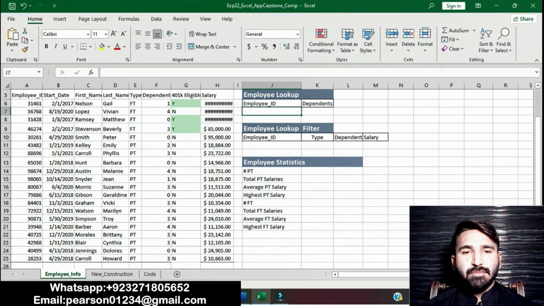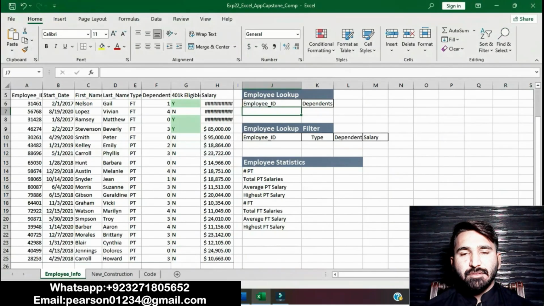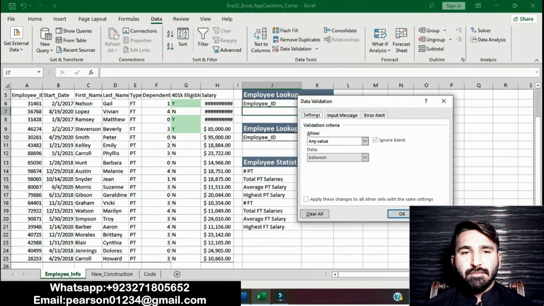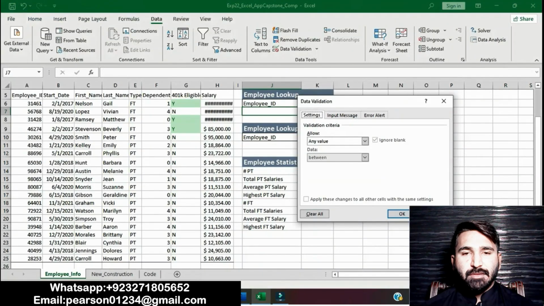Click on Data Validation, based on the employee IDs located in the range A6 to A25. Okay, clear all.